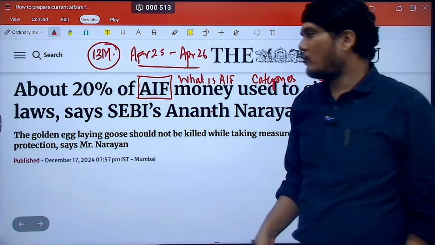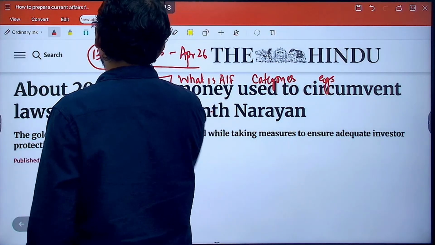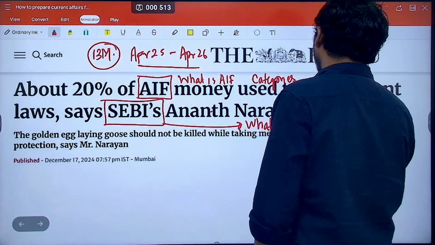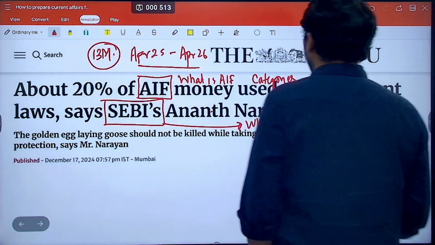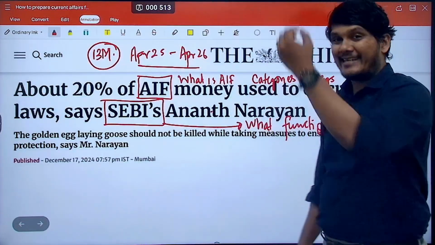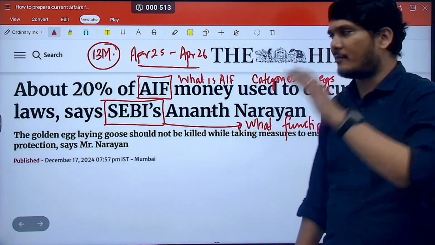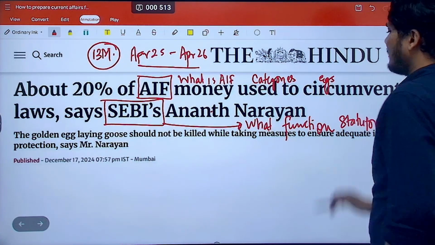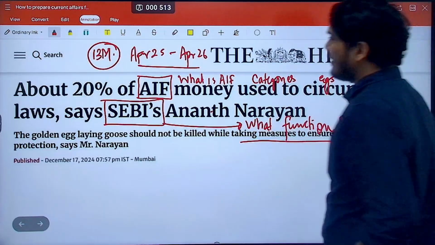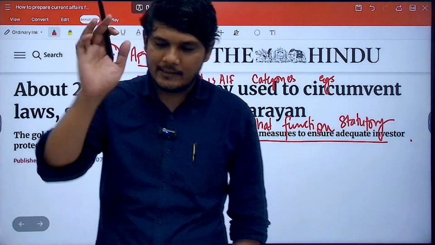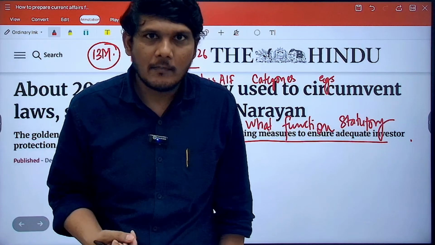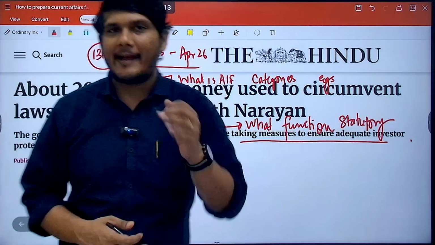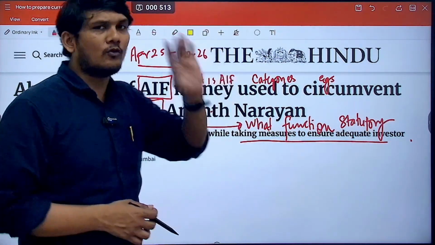In addition to this, you will also study about SEBI. What is SEBI, and what are its functions? Is it a statutory organization or not? Yes, it is a statutory organization under the SEBI Act. What are the markets, what are the things that it regulates? These are the things you will study. Is that clear? And it's not that I am saying this in hindsight after looking at the question. Even your mind will tell you that this is what you have to study.